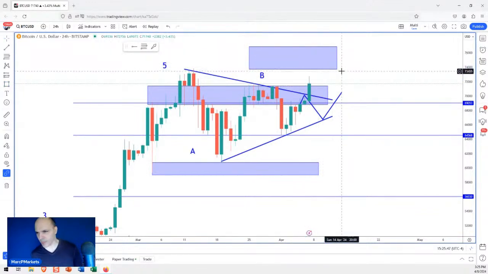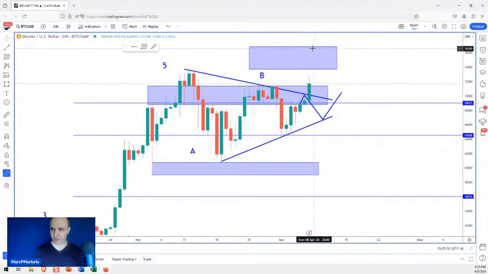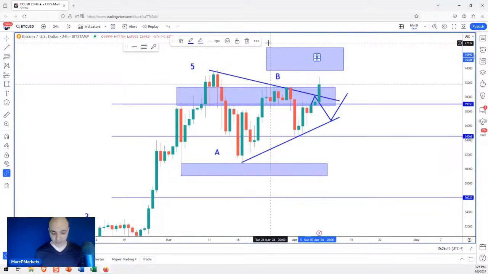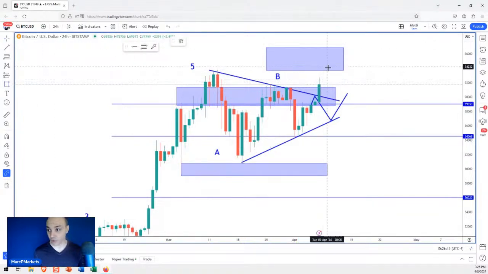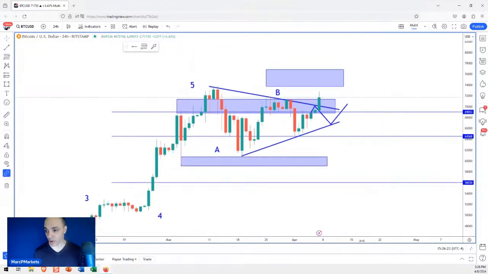I mean, this move, what's the high today? 72,756. This is like the 73 to 76 area up in here. So you're looking at another 3,000 points. Plenty of room for day trades, right? So day trades are always appropriate because you can manage your risk very easily. The risk is very small, right? If you respect the stops, of course. If you don't respect the stops and you get long up here on a day trade and you say, oh, it'll come back, you're exposing yourself to all of this risk, okay? That's something you need to avoid, right? We want to look at this game in terms of risk.